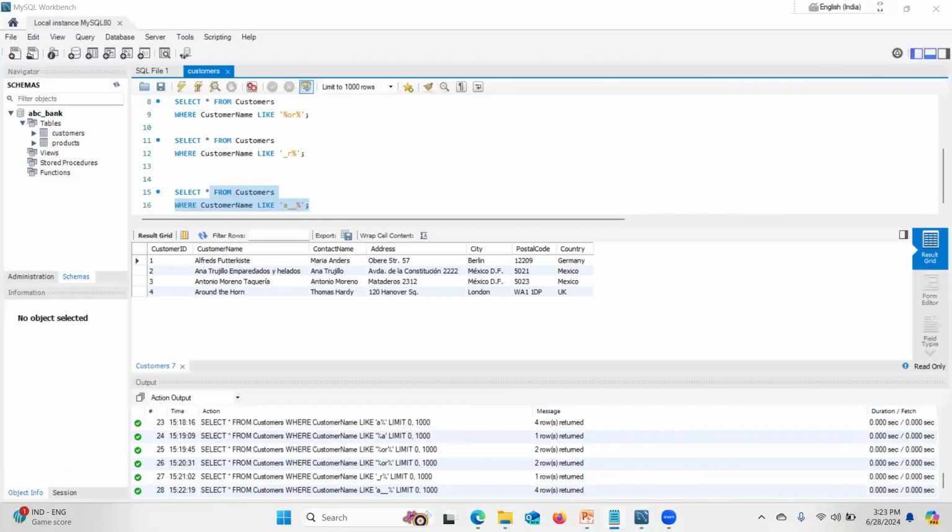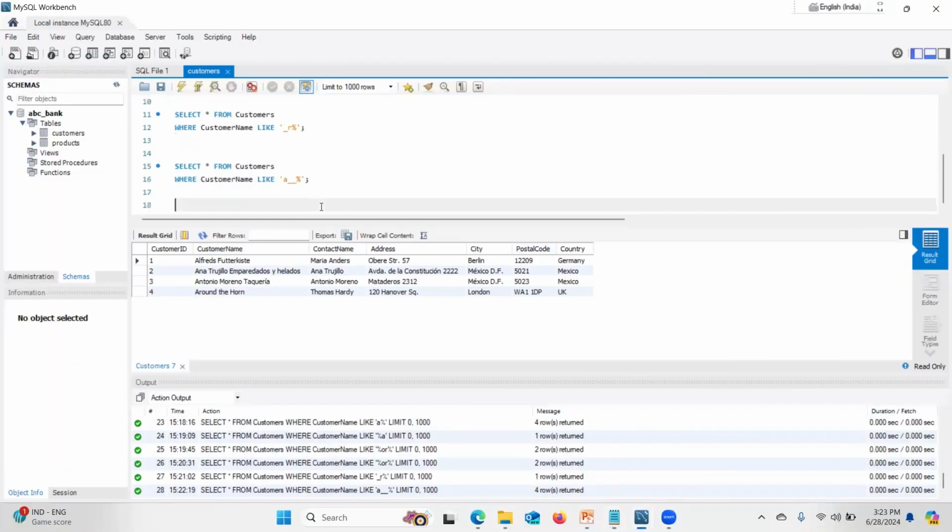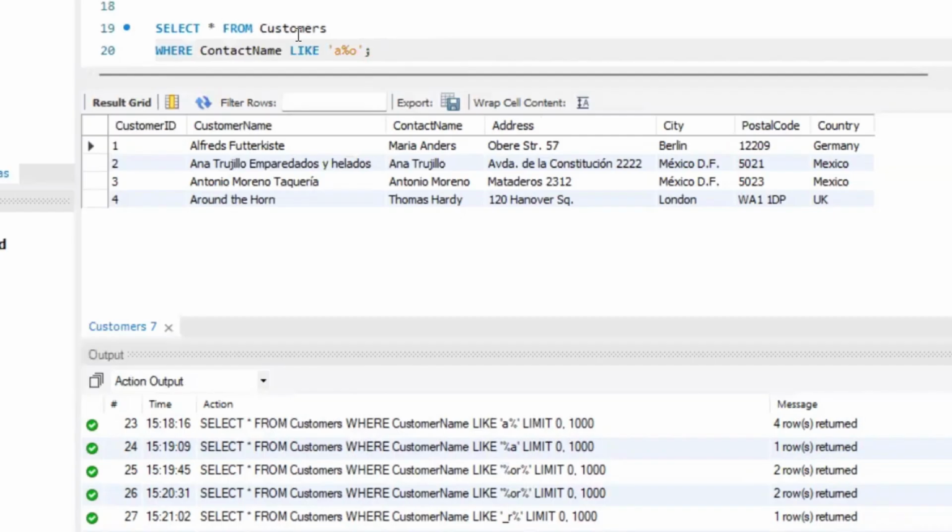Now let's go for another example. Select all customers with the contact name that starts with A and ends with O. So how can we write the syntax statement for that? Select star from customer where the contact name like A. So our example is to start with A and end with O. So we'll put A and then we'll put a % because we don't know how many characters will be in between. And then the O, we will put it at the end, right? So if I execute this statement,